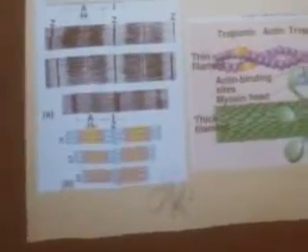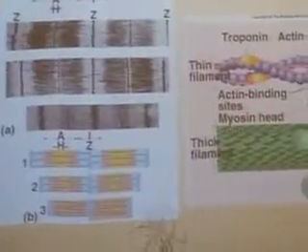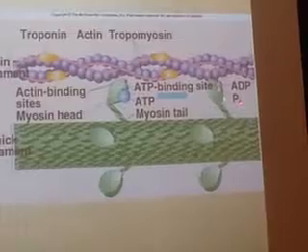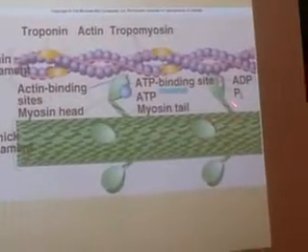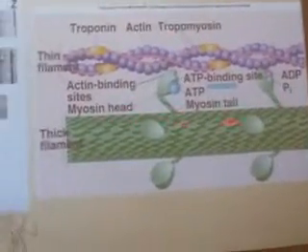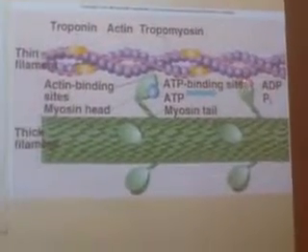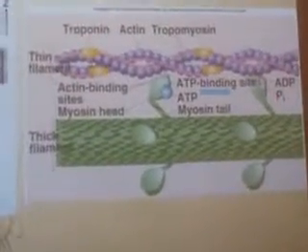Same thing. Here, when the ATP binds, then ATP is converted into ADP and inorganic phosphate, which releases the energy. So this is the complete picture of that. Power stroke, myosin head, the actin binding site and ATP binding site, and the ATP enzyme is there that breaks ATP into ADP and phosphate.